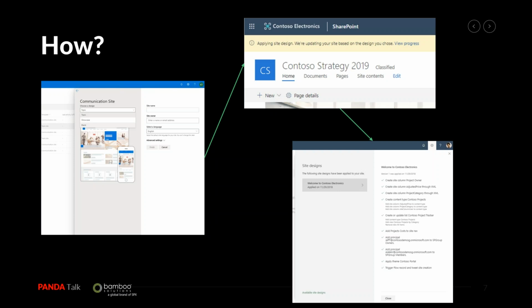So you can see here, step one for this particular script was to create a site column called project owner. The next one was to create a site column called adjusted price through XML, meaning they wanted to define the settings of that column through XML as opposed to just a standard format. There's a whole bunch of things, right? In this case, they added project cost to the site nav after that. They also added some user principals, some security group permissions. So they added a principal for Jeff to the SP group owners, right? That's just an example of the flow of how this is actually accomplished on the front